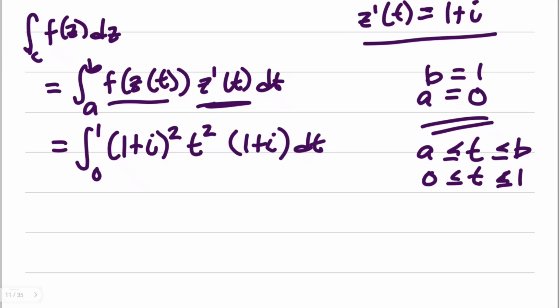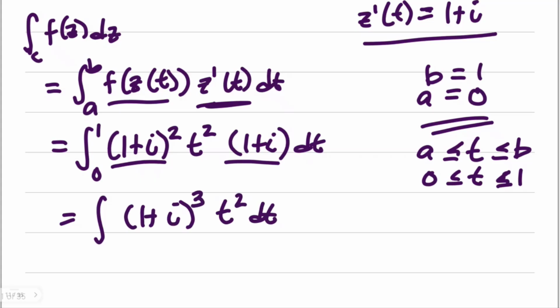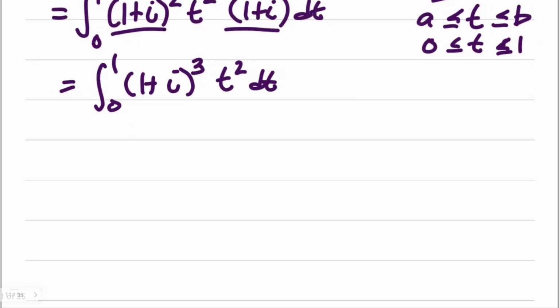This time, we're going to use specific operations that will allow us to get the integral of this. I did not simplify that because with respect to t, this doesn't have any t, so we treat it as a constant. Together with this, they are the same, so we can combine them into 1 plus i cubed t squared dt from 0 to 1. Again, this is constant, and according to the constant multiple property of integrals, you can move that out. 1 plus i cubed. You have here 0 to 1 t squared dt.